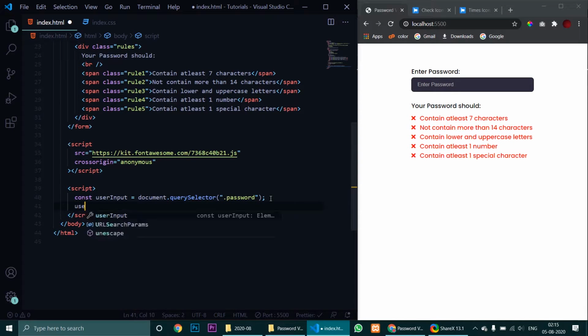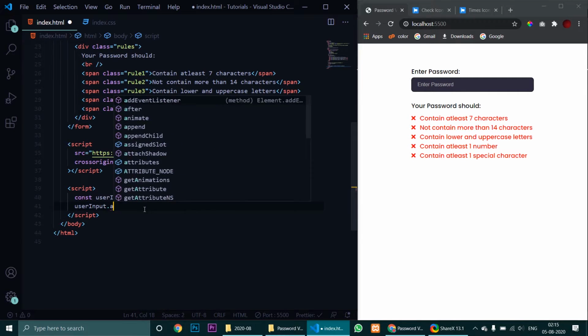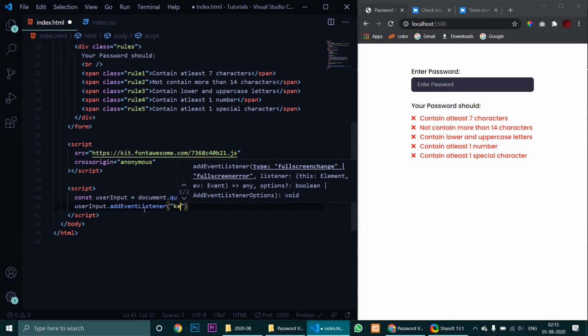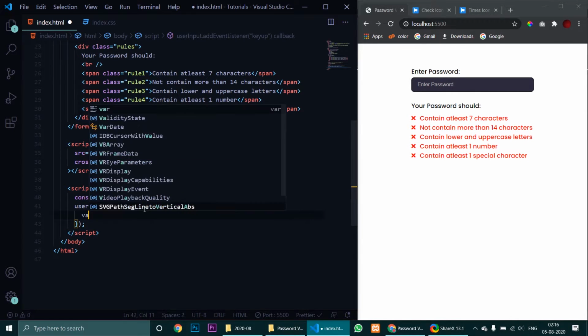Now what we will do is, whenever a key is entered in the input field, we will call a function, and in that function we will have all the coding. So for that we will have add event listener and keyup, and whenever a key is pressed we will run an arrow function, and inside that arrow function we will just simply call a function.